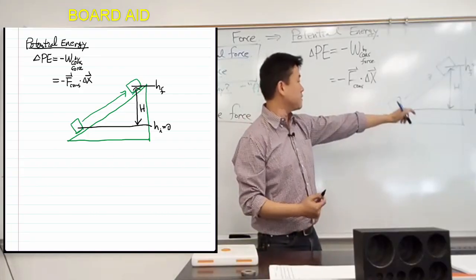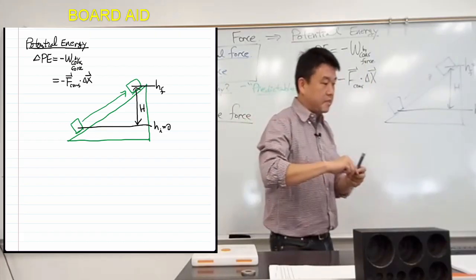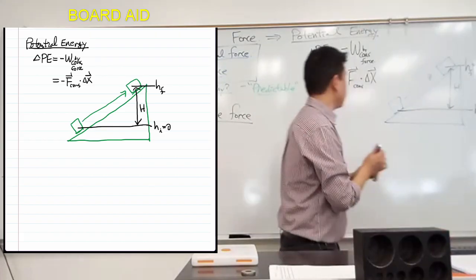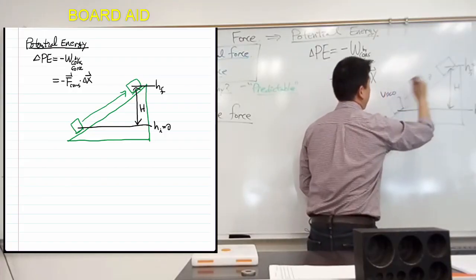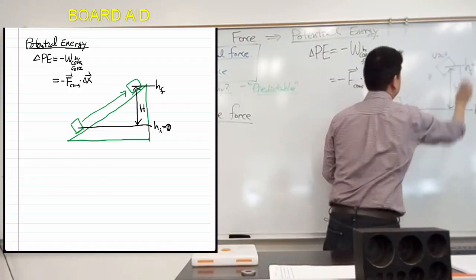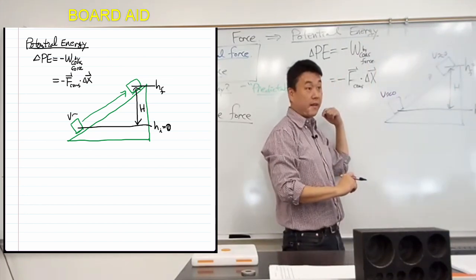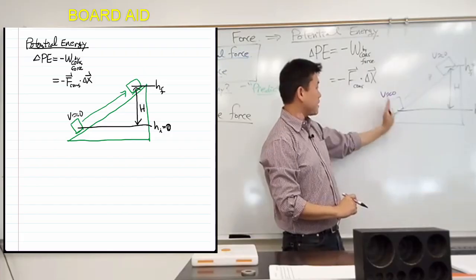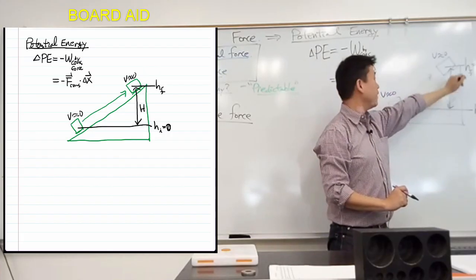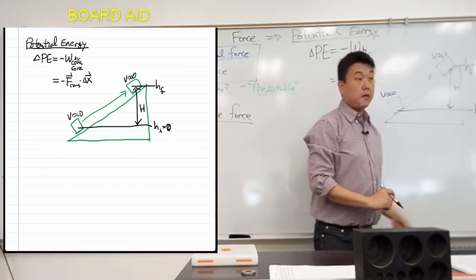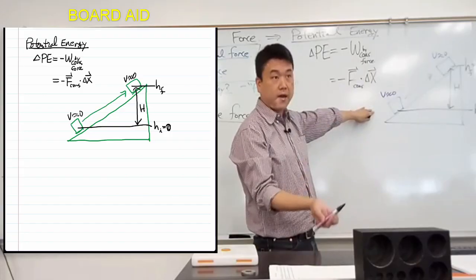If a block is moving somehow from here to here, let me make things easier to think through and say that it's almost at rest every single time. It's not moving up the hill because I gave it an initial push and then let go. It just starts out at rest, and I'm pushing it up slowly, so that it slowly reaches the top here. So when you visualize the situation,